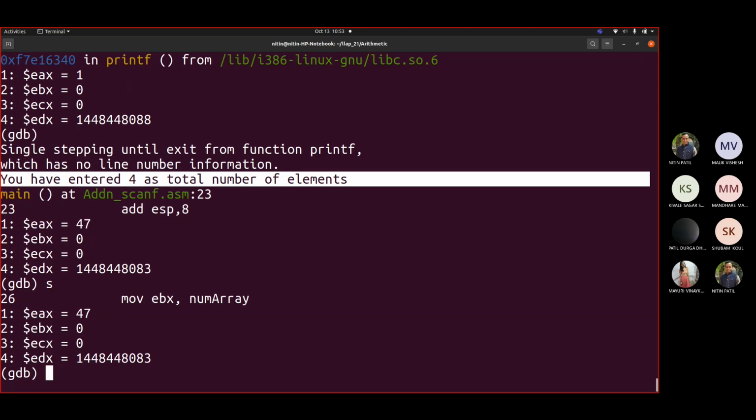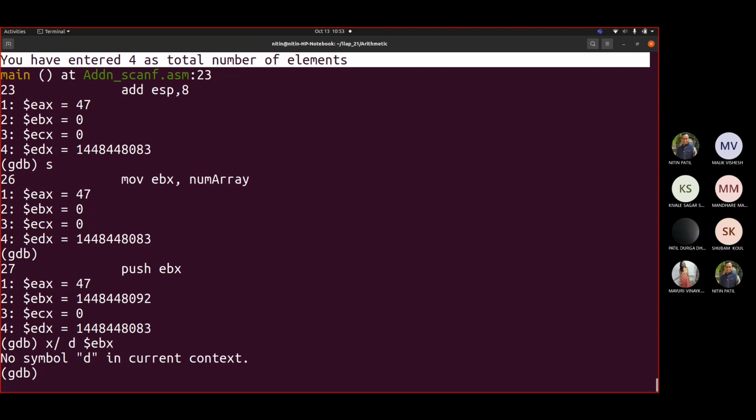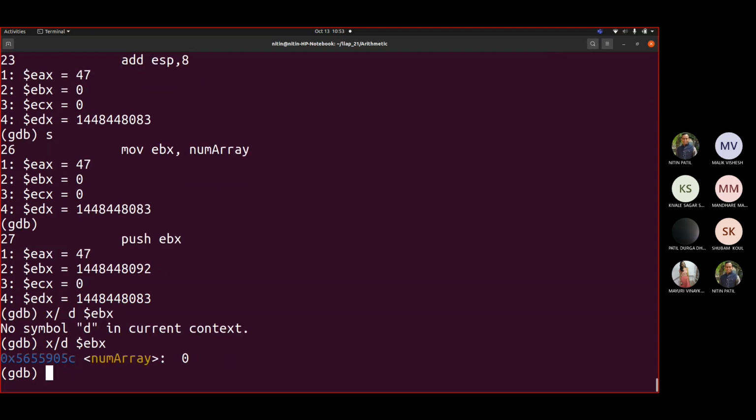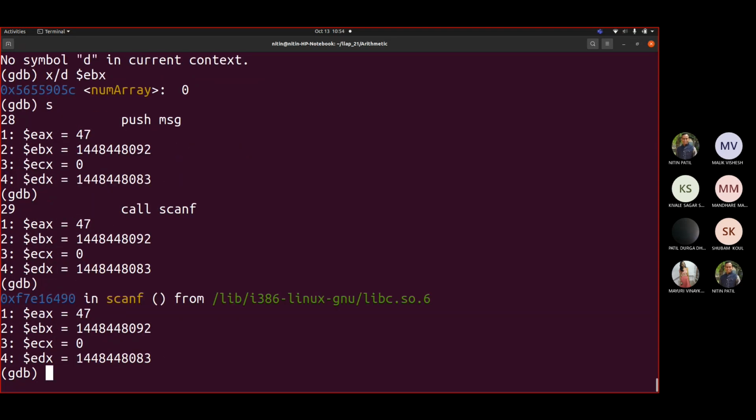Now we want to read the first value. So you can see what is the value at EBX, x/d $EBX. We don't have any value right now yet with it, correct? Okay, let us go to step. Now we are reading the value with scanf.